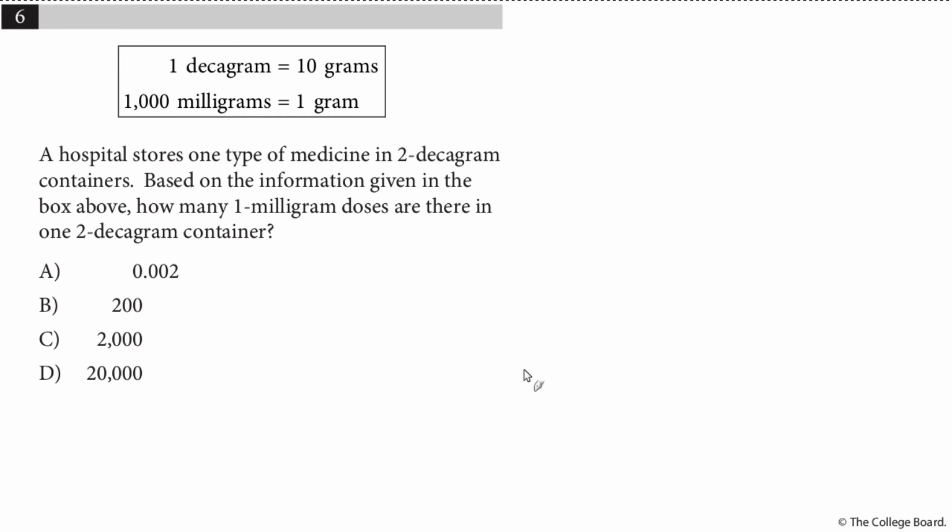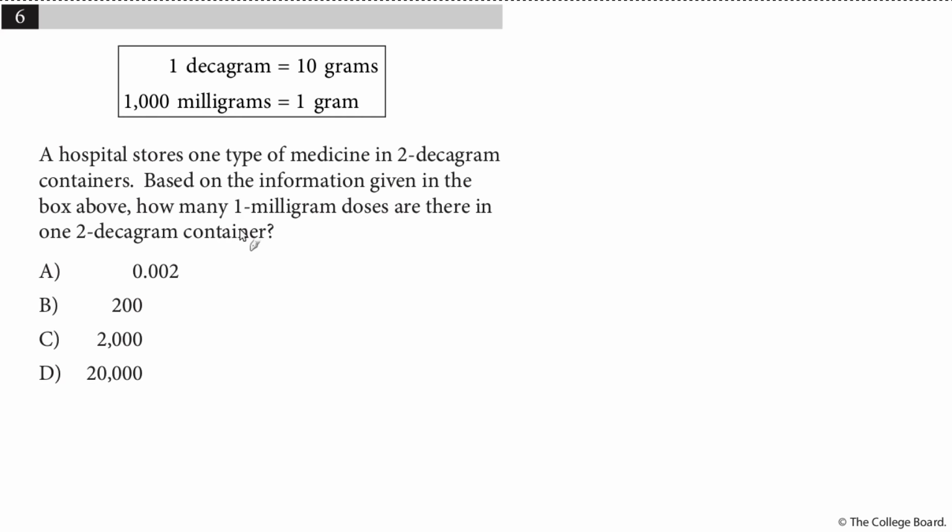All right, we're looking at this, and I see decagrams, which we don't often see listed out there. We usually skip from grams all the way up usually to kilograms. We don't usually talk about deca or hectograms, or decigrams for that matter. And we also have milligrams to grams. So a hospital stores one type of medicine in 2 decagram containers. Based on the information given in the box above, how many 1 milligram doses are there in one 2 decagram